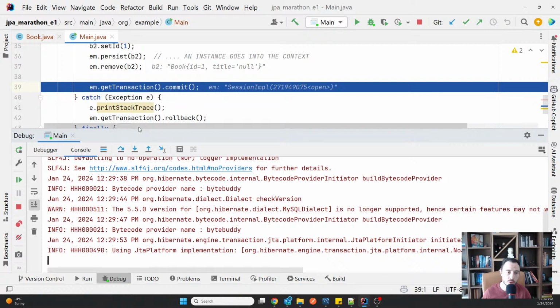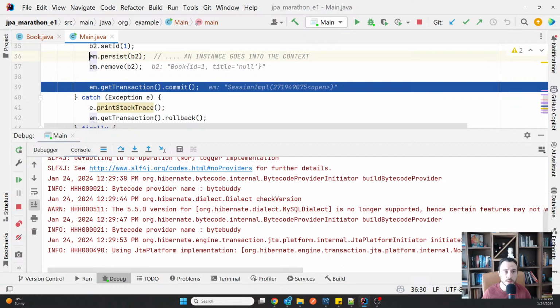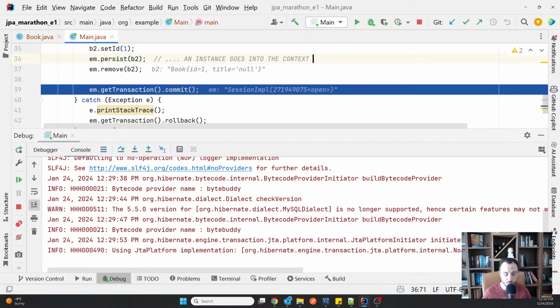Remember, if you go back, rewind, if you don't remember what we have seen previously. Previously, the persist was already generating the insert because it needed, and I was explaining it here, to get the ID. So that persist was basically done at the persist level, by a forced flush.